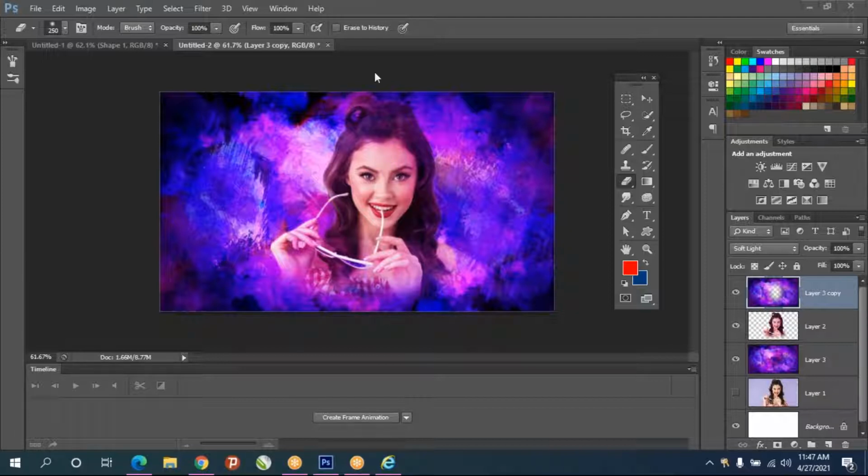Okay, so like this you can do digital painting by using the smudge tool.